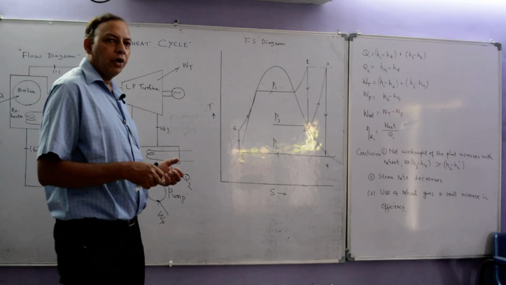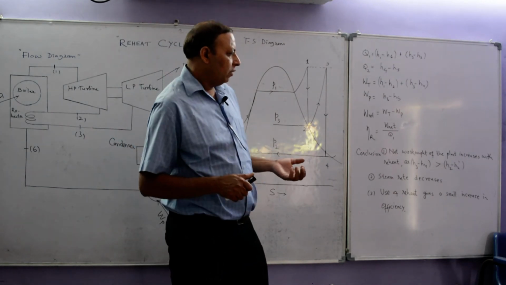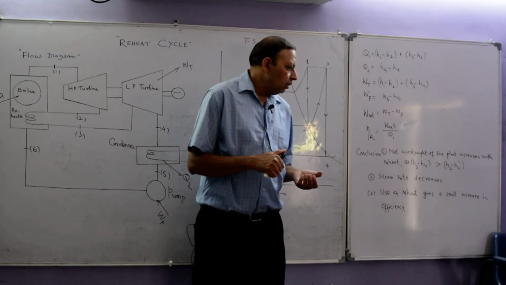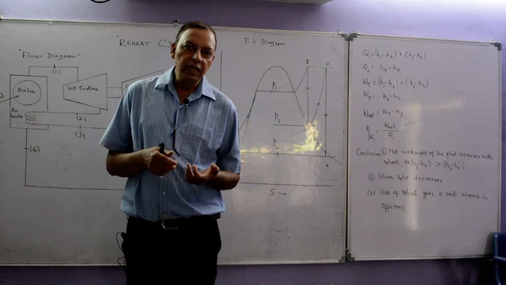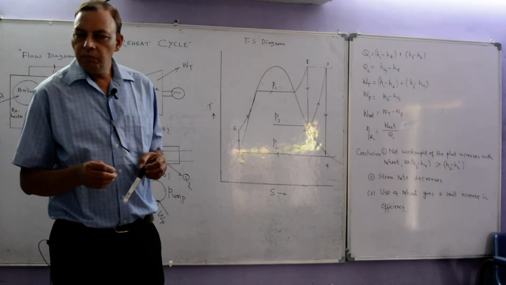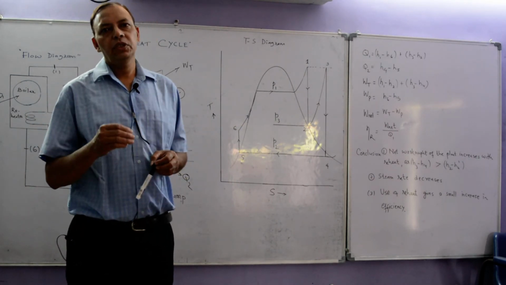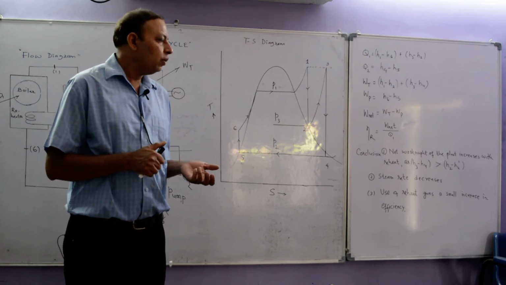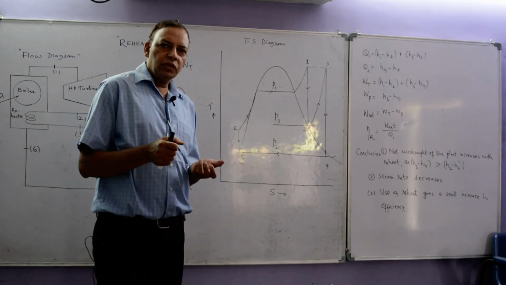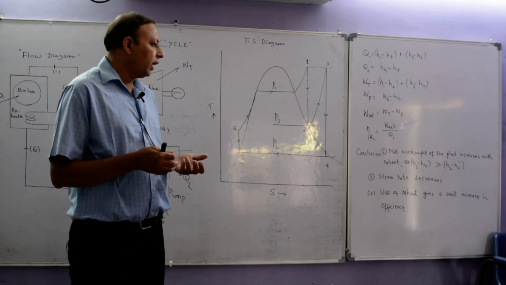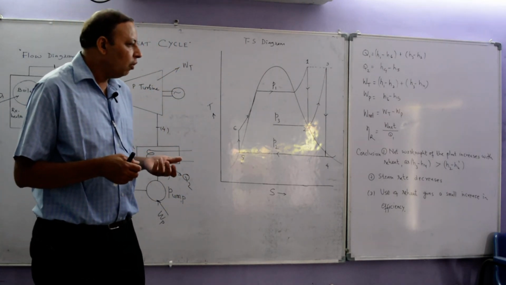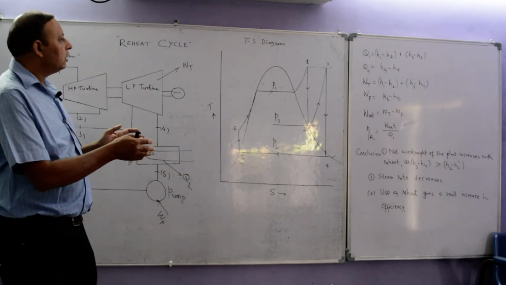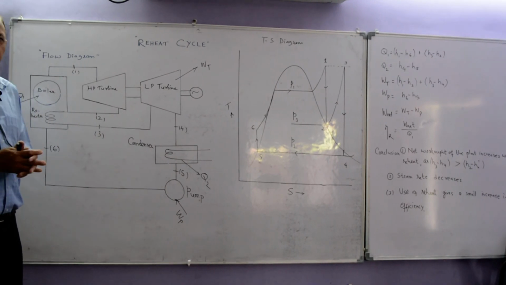Now come to the second point. Steam rate decreases in case of reheat cycle, and the cycle efficiency basically depends on the mean temperature of heat addition that we had already covered in the previous video lecture. So here some practical applications show that reheat gives a small increase in efficiency. Now this is the theoretical background of reheat cycle.